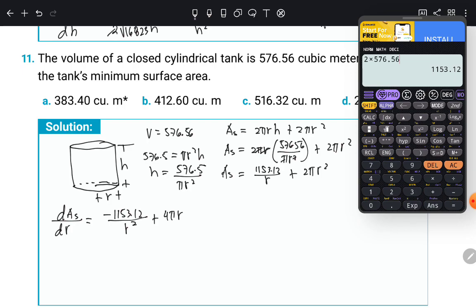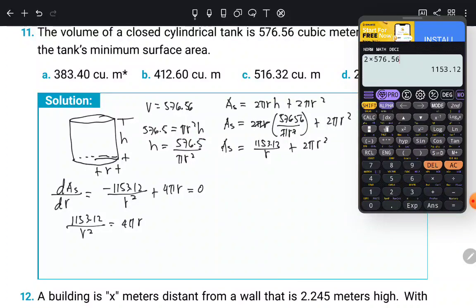And the next thing to do is to equate this again to 0. So we have 576.56 all over r squared equals 4 pi r. Then solve for r again. So if you want to solve for r, that will be r cubed. So we just take the cube root of